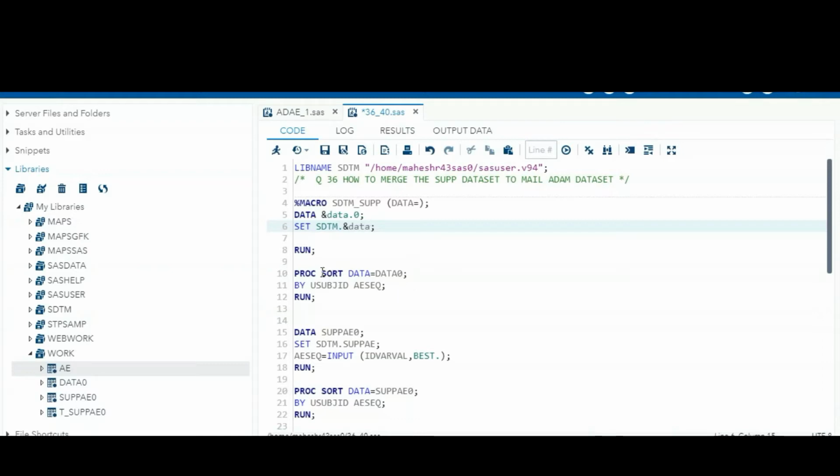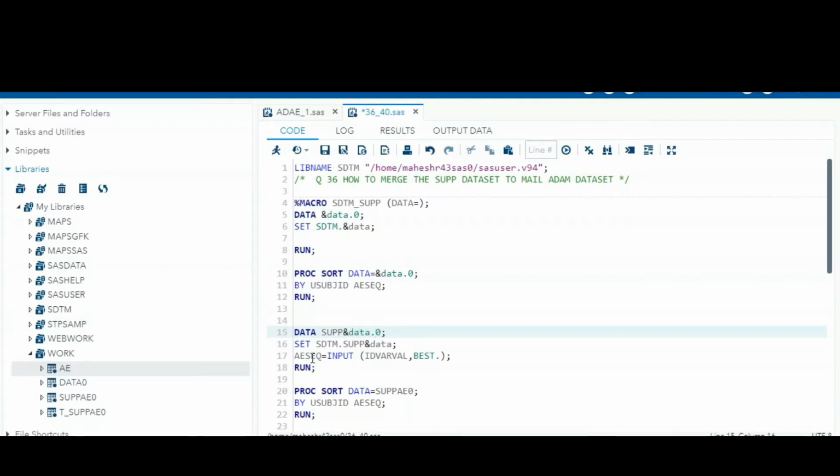After that, sorting the dataset: ampersand data dot 0. And for the supplementary dataset, sub is the common part and A is the dataset name. So sub ampersand data and supplementary, ampersand data dot 0.